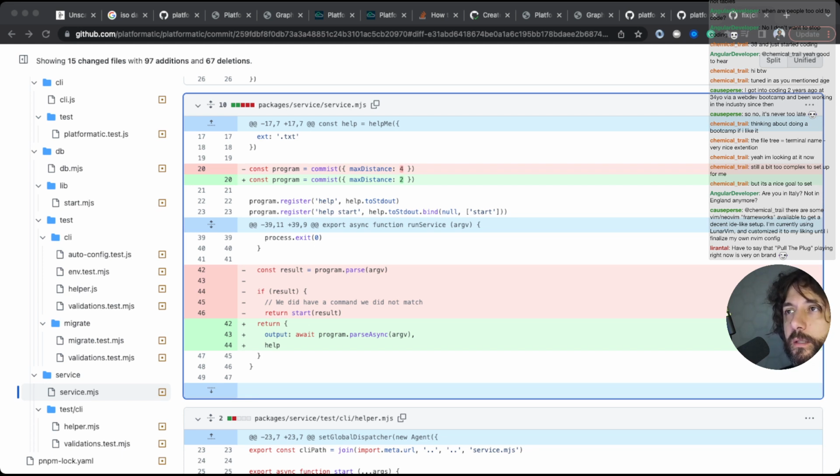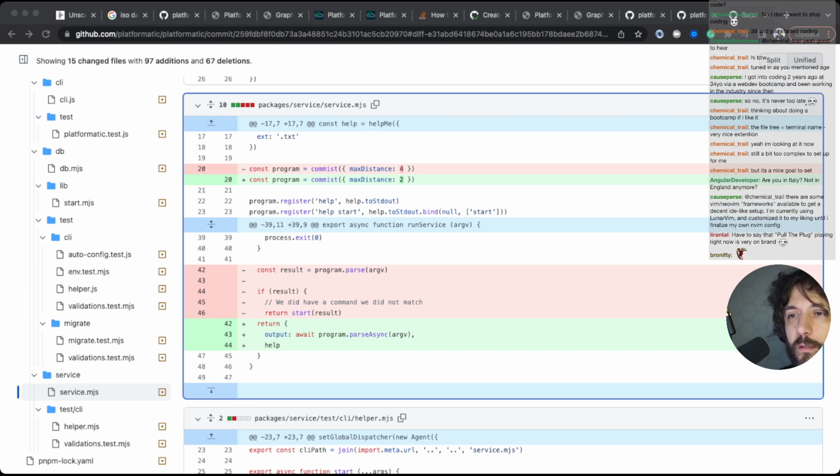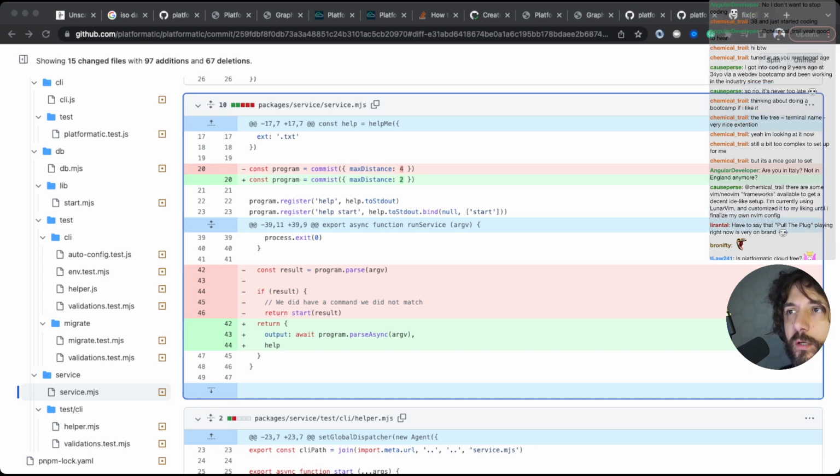Yeah, there is one more console log. Where is it? My console log. Is Platformatic Cloud free? It's free for now.